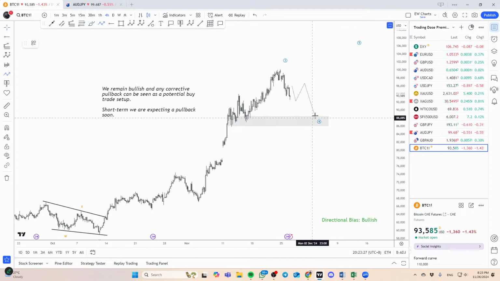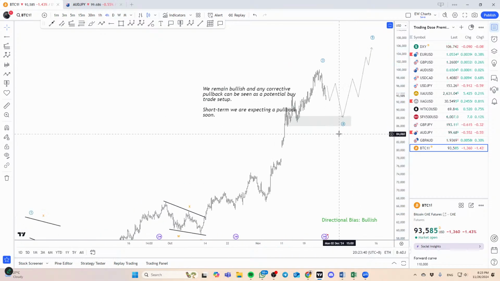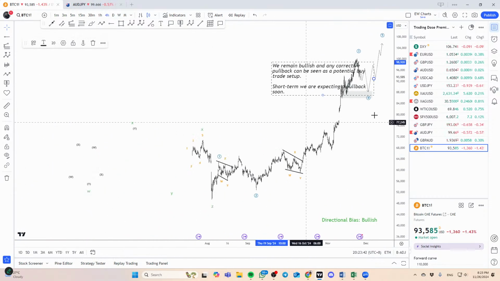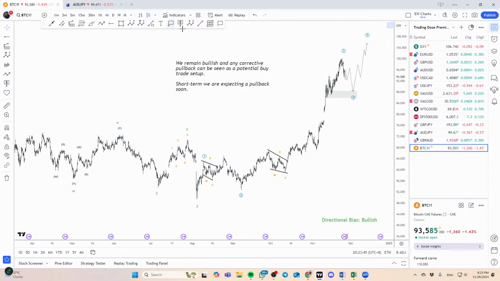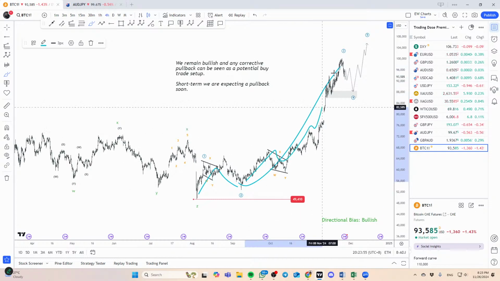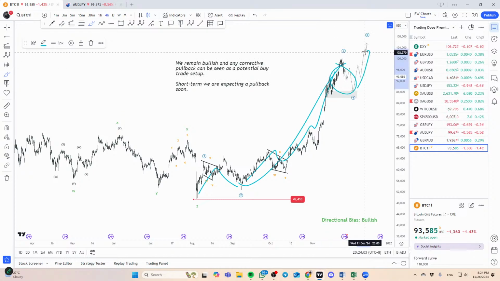From a wave theory perspective, we are likely looking at a wave 4 development, as a pullback right now. But after which, there's a good chance that we'll see one more push up to complete the whole cycle here. So I'm looking at Bitcoin from this low, if you take it all the way from this low, as a 1, 2. This is 3, obviously internally with a 1, 2, 3, 4, 5. And with this pullback here, we are still looking at one more push up.